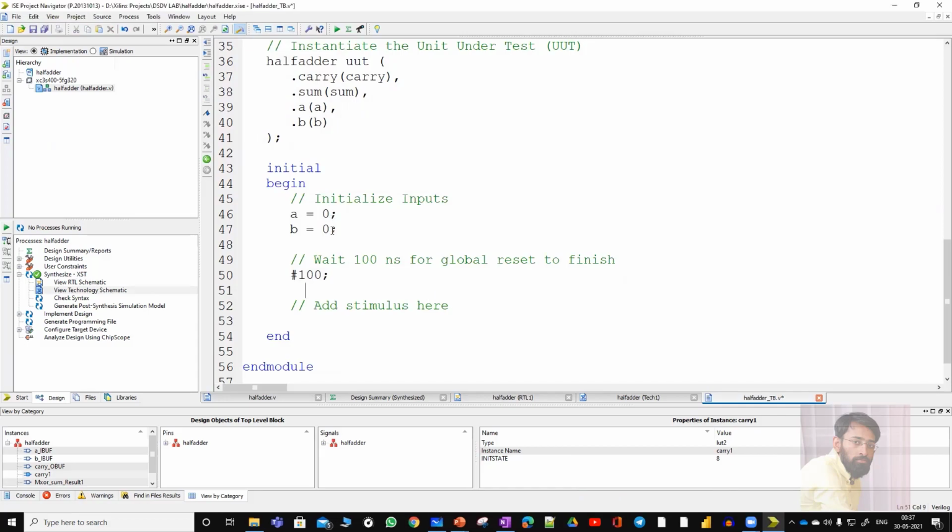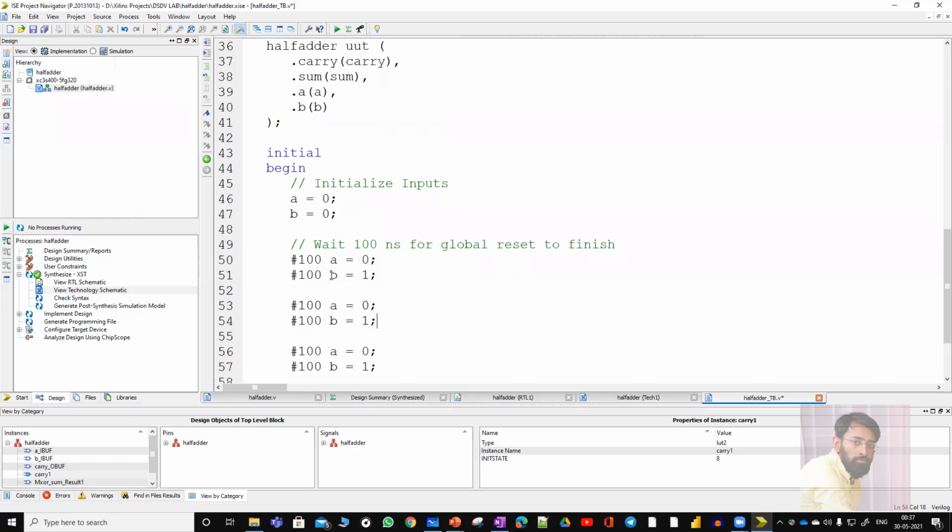Initially A and B are 0 0, after that it should be 0 1. After 0 0, 0 1, it will be 1 0. Next it is 1 1.